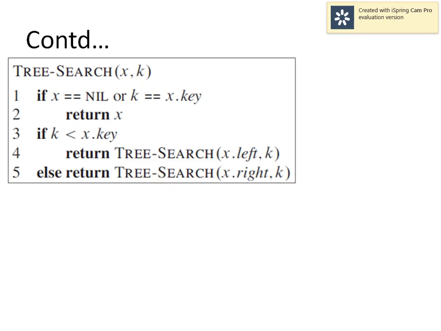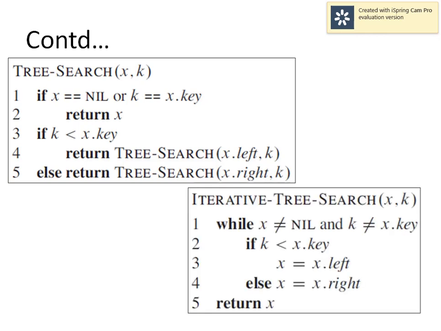The equivalent iterative procedure for search is very simple. Again, we know the termination criteria, and that is if x reaches null or if the value of node equals k. If either of the two conditions is reached, then we have to terminate. So accordingly, we have to return. But if the first condition as well as the second condition both give us true, that means the node is not equal to null as well as the node's value is not equal to the value we are searching for, then we have to continue with the search procedure either with the left subtree or with the right subtree.